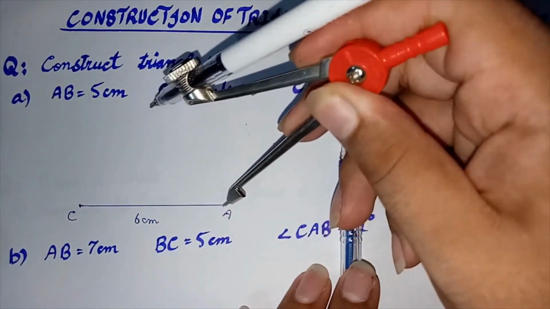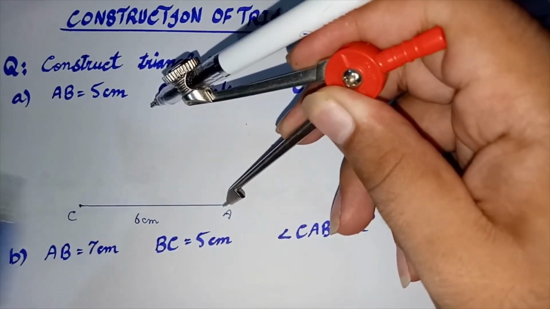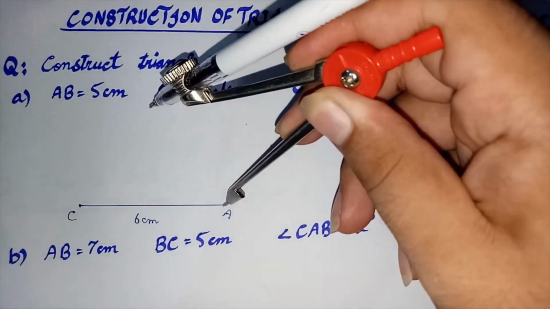Why are we putting it on A and why are we not putting it on C? Because here,